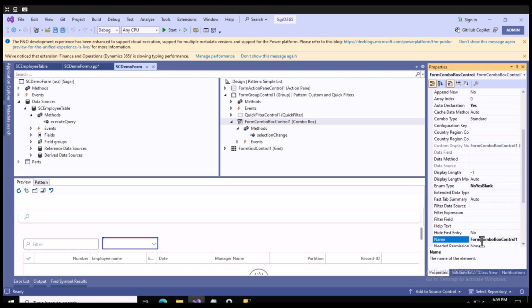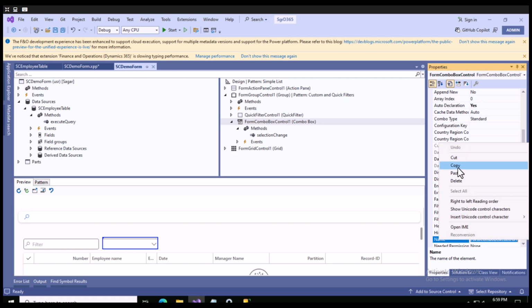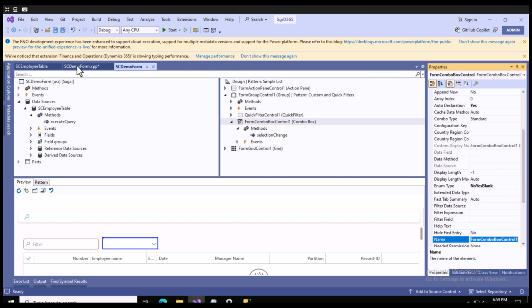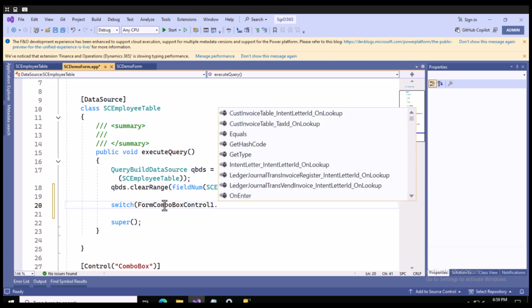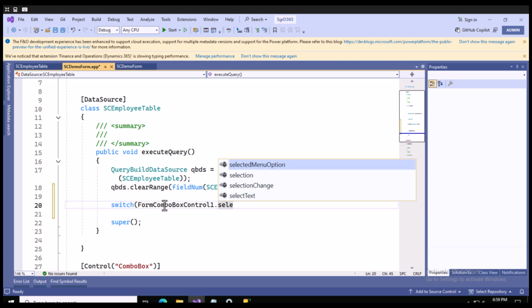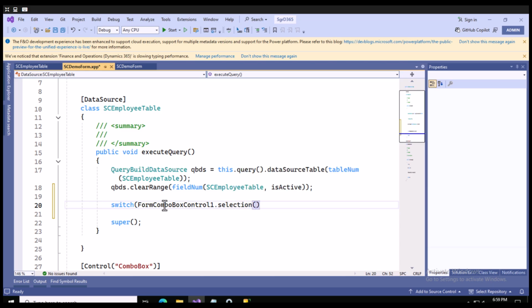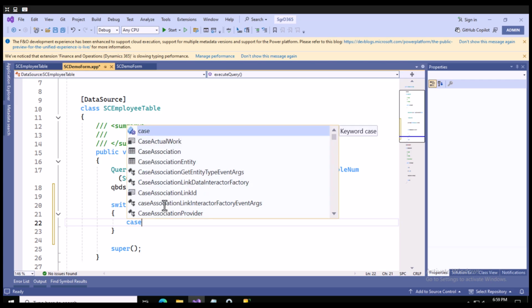Form ComboBox. I should get this. Dot. Okay, here I am getting it. There's a method called selection, and that will tell me exactly what has been selected. Now here I will create multiple cases. My first case here will be